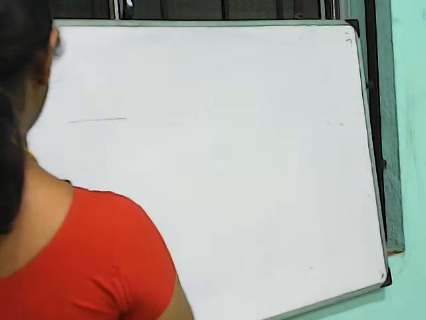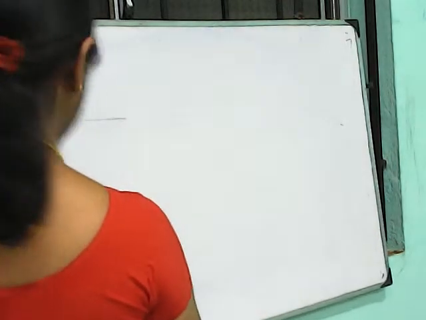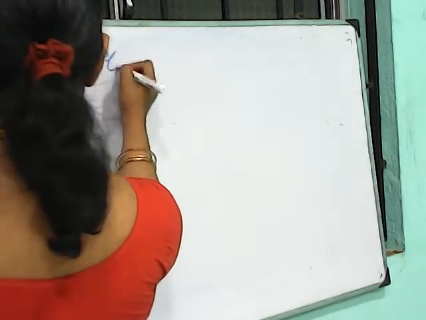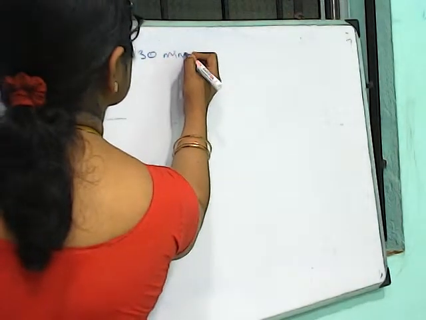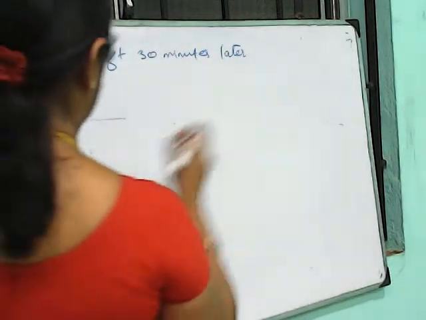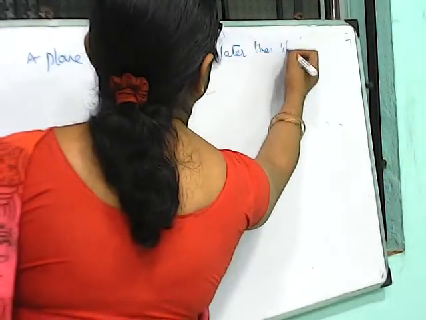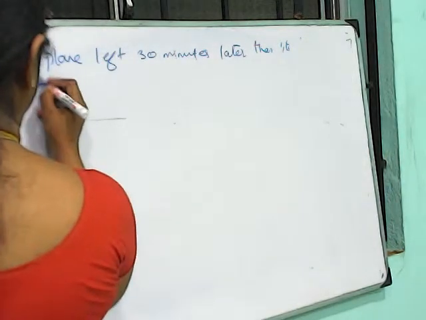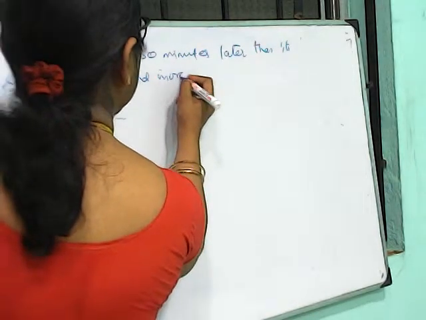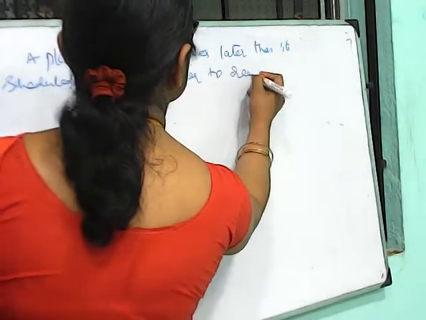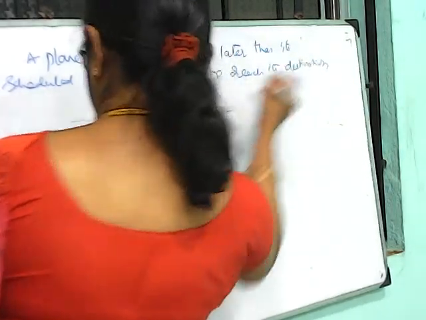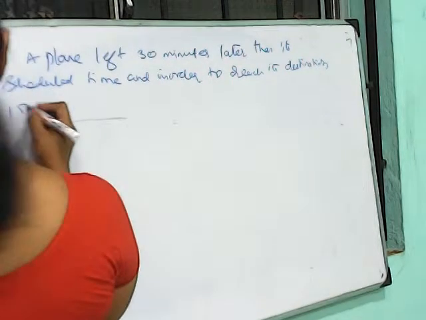Okay, now I'm going to write the question. Let me see if you are able to do the problem. If not, I will do that problem myself. A plane left 30 minutes later than its scheduled time, and in order to reach its destination, the destination is 1500